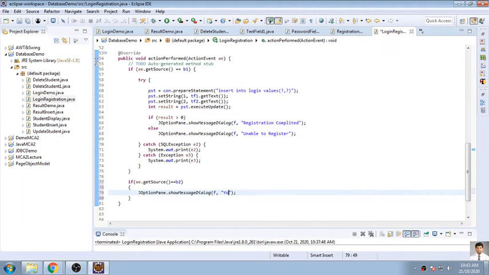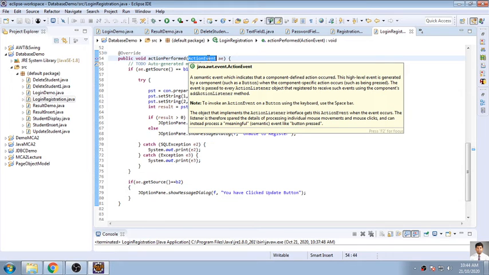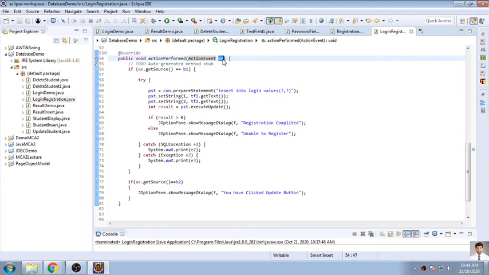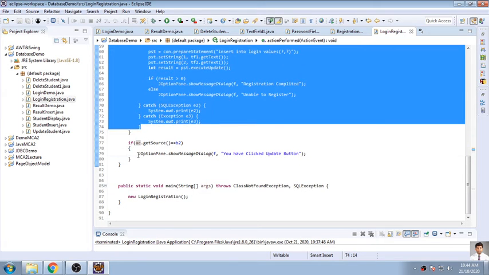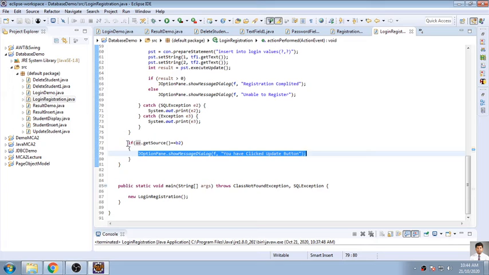So you have clicked update button. I write it like this and I run it now. Now see, you are bifurcating your code into two sections. Same function, but this action event will be checking which button is clicked. So AE, that is action event, will be checking if it is being clicked. If button 1 is clicked, you will be executing the code within this parenthesis, and if button 2 is clicked, you can execute the code that has been written into this if statement.